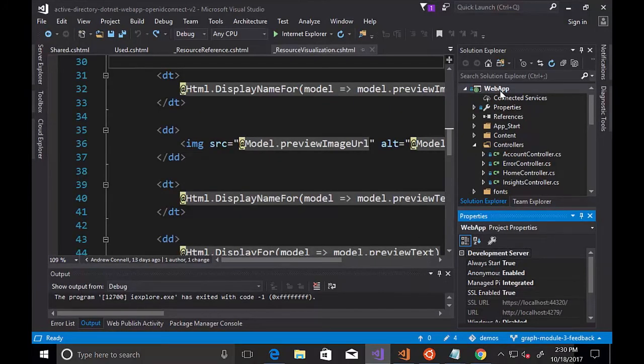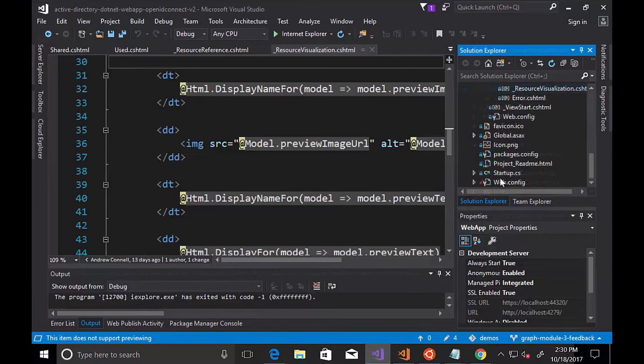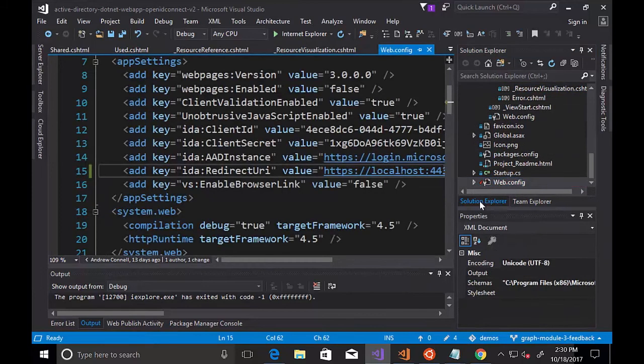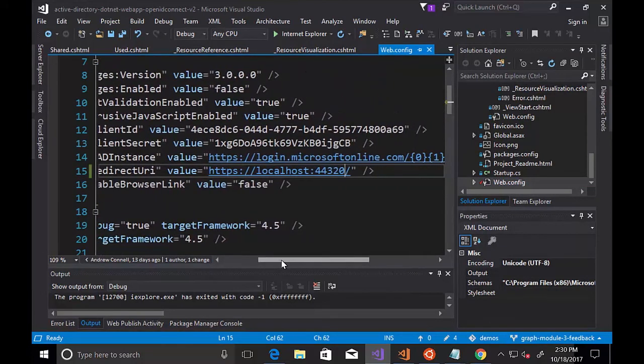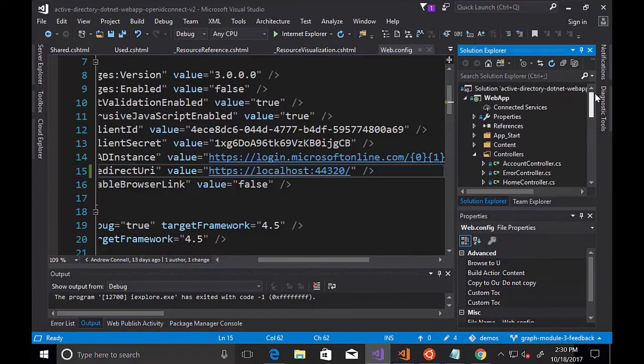I'll show it to you now, I guess. Let's just go to the web app and I look at the properties. You can see the SSL URL is set to localhost 44320, including the trailing slash. Now, because that URL was inside the app registration portal, I also need to make sure it's inside of my web config. I've also specified the client ID and the client secret for our application. So if I go look at the code for startup auth,